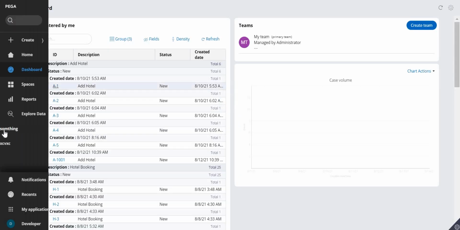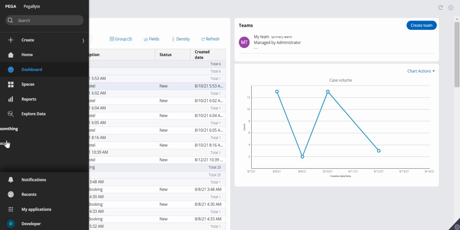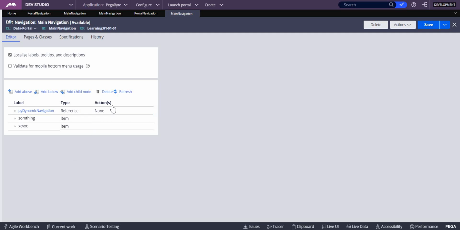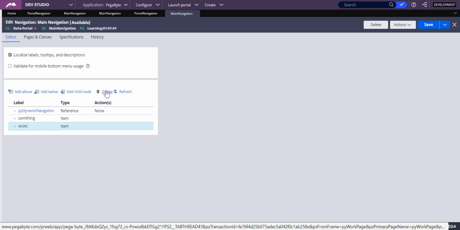Can you see? Two things have come over, but you do not want to show it this way. It should be coming in the same way as the others. That means some icon should be there, and beside that icon your value should come. But on clicking, nothing is happening over here. That means you didn't properly configure this, you didn't configure any action. So let's do that. I do not want this extra thing, so let me delete this.